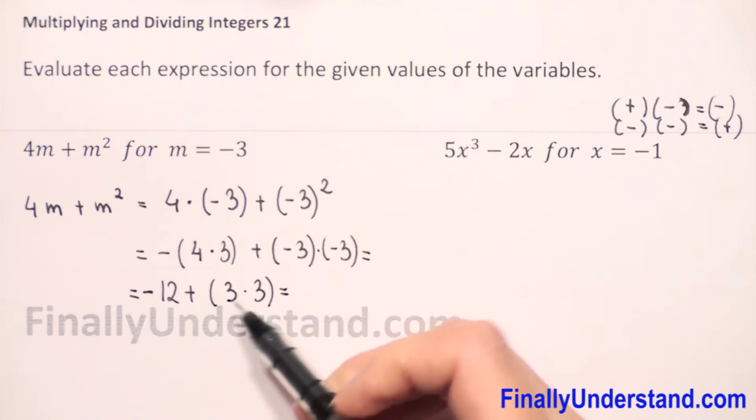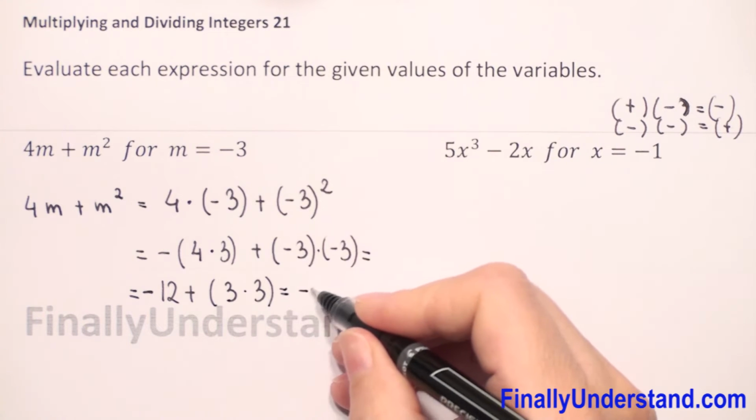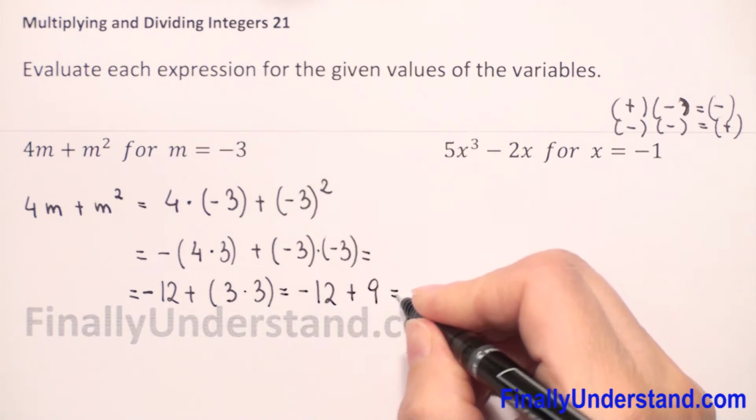So this is equal addition, multiplication. First we have to do multiplication, of course. So we copy -12 plus 3 times 3 is 9. So this is equal